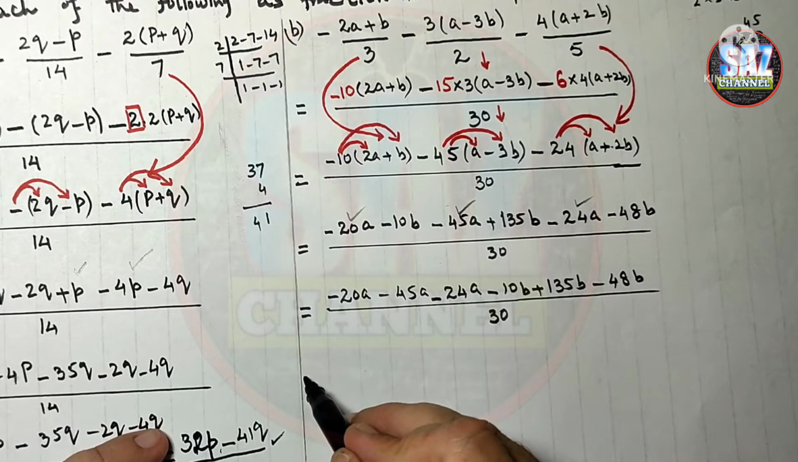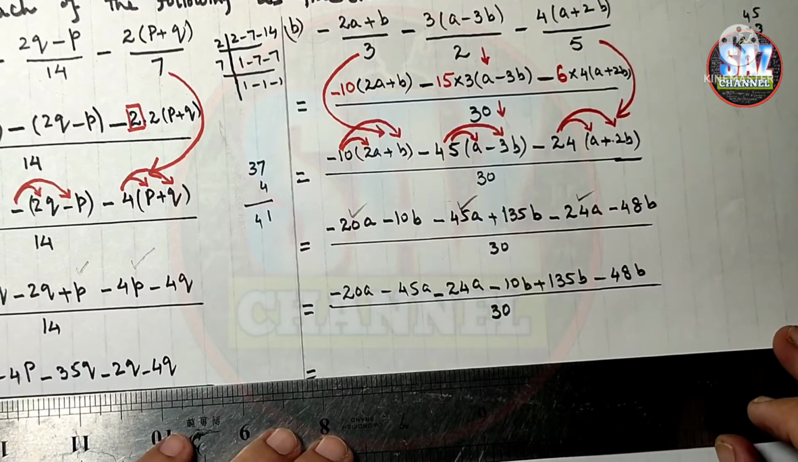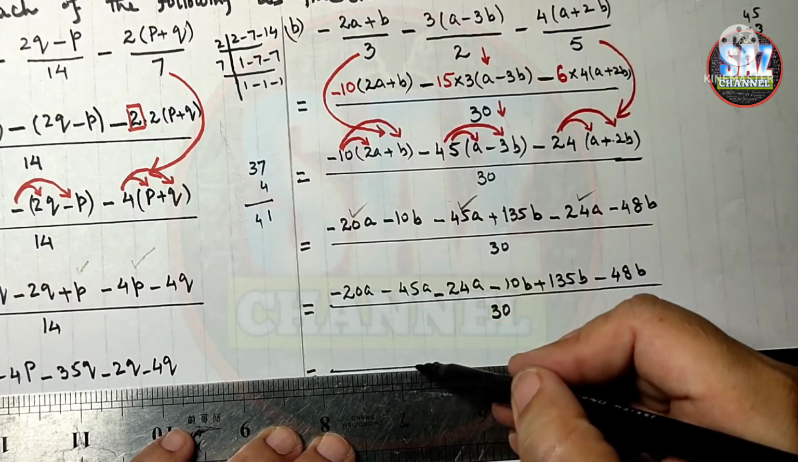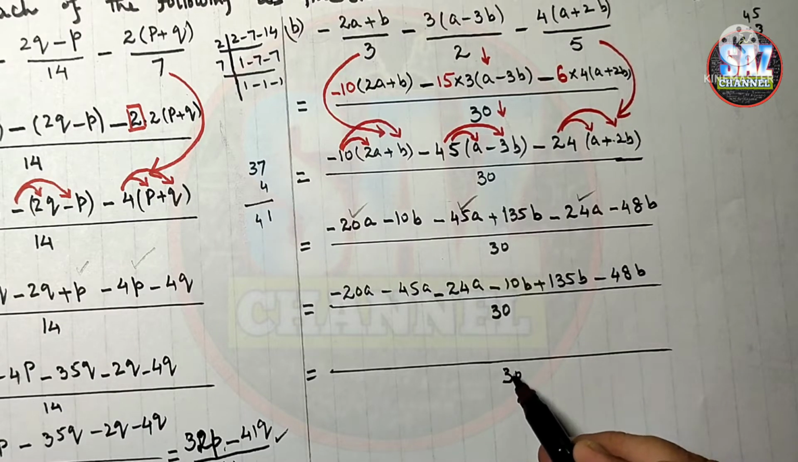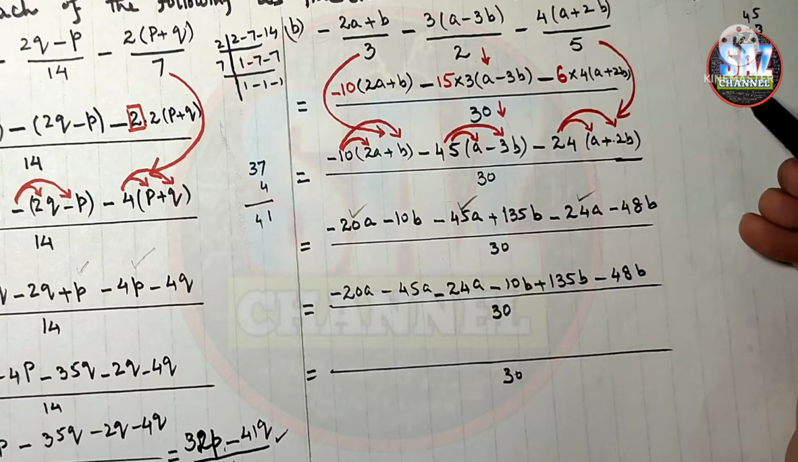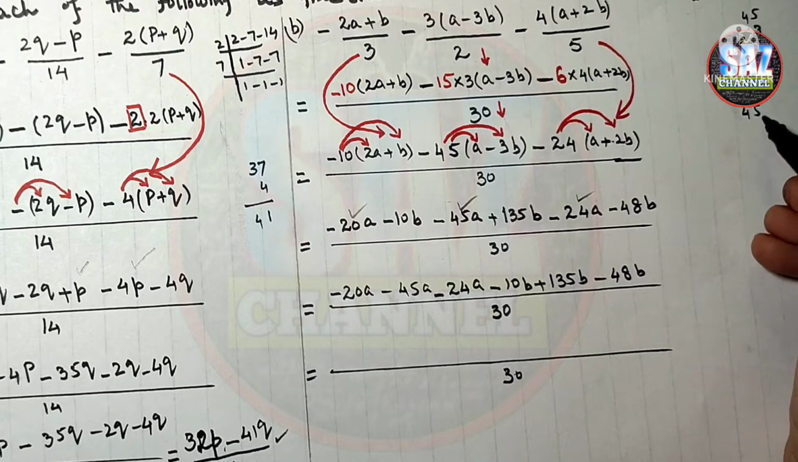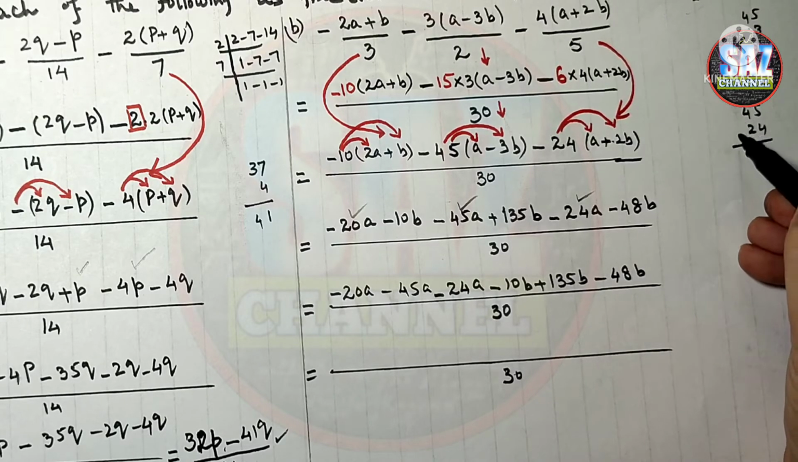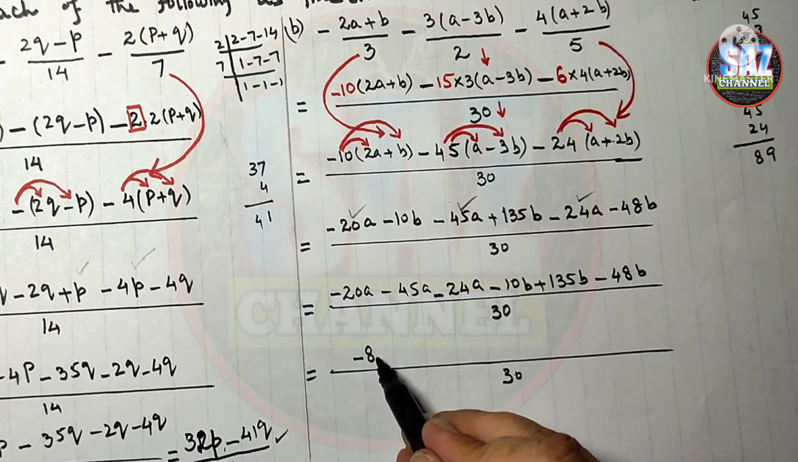Now what we have to do is that we have to add or subtract the like terms depending upon their signs. Okay, this is also one of the important points. 30 is the LCM. Now look, 20, 45 and 24 all have the same sign. So what we are going to do is that we have to add up all these values, 20, 45 and 24. 5 plus 4 is 9, 4 and 2 6 and 2 8, 89, minus 89a,